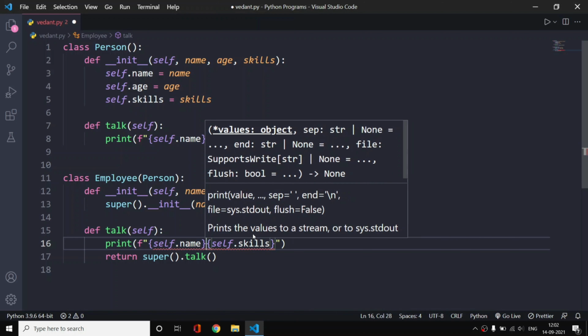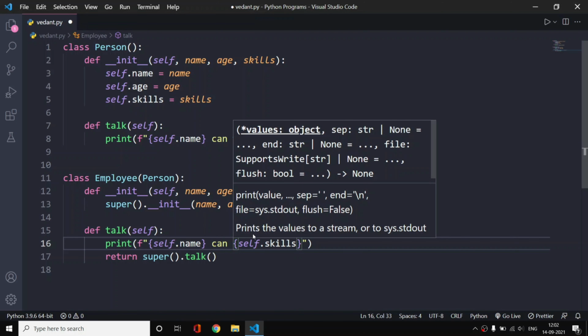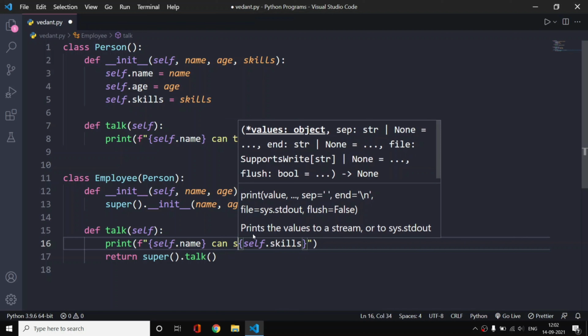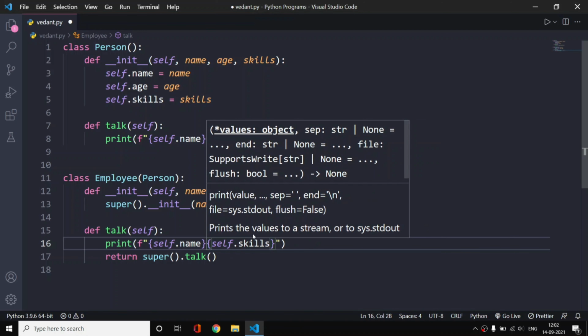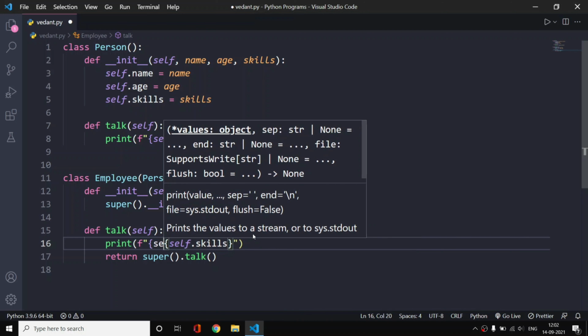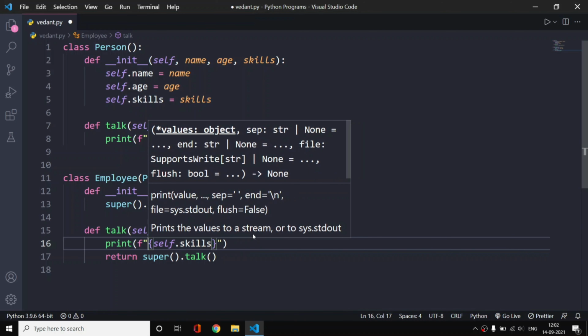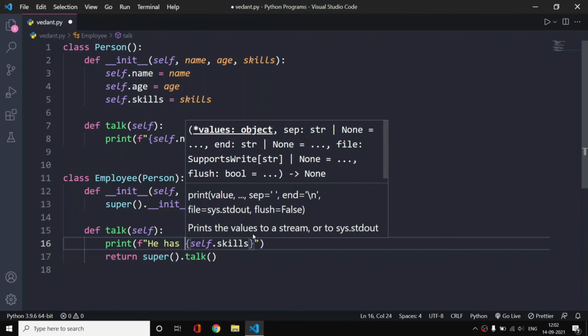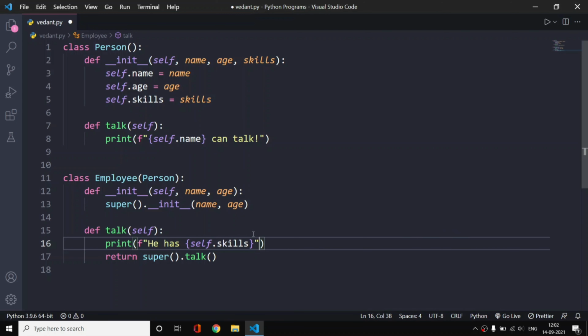So self dot name can speak. First of all we will get that he can speak, and now we will also say that he has self dot skills. So we are simply doing this.